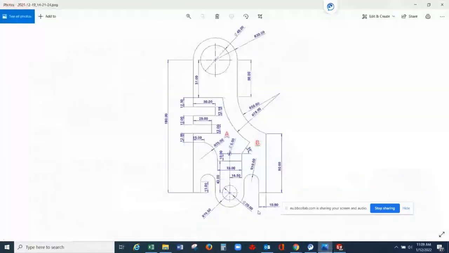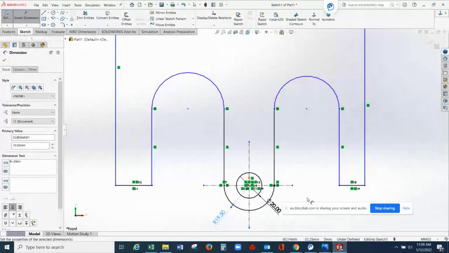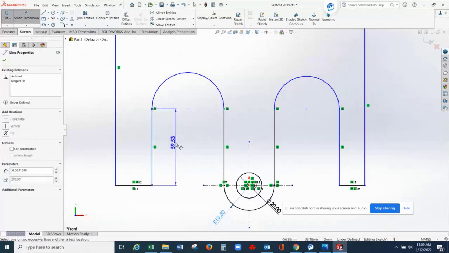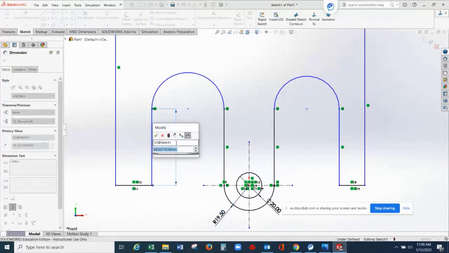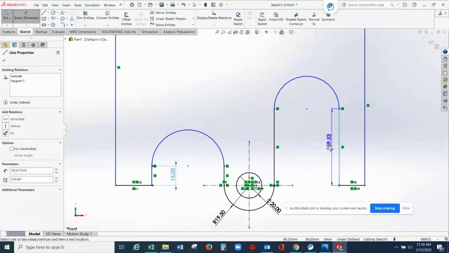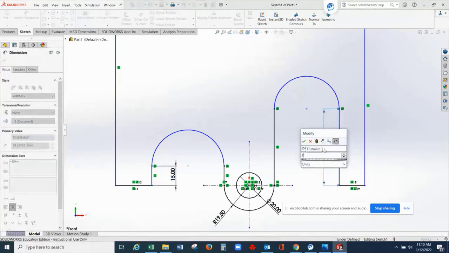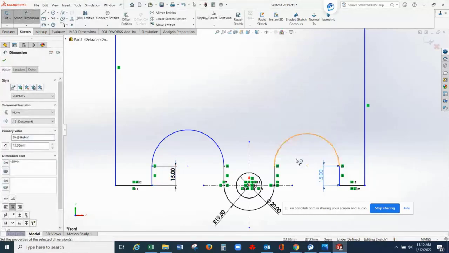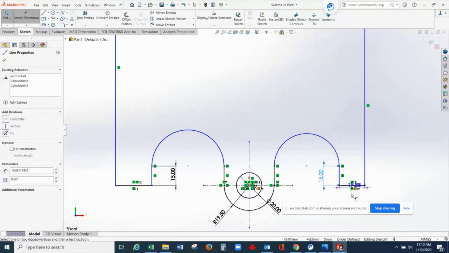Similar to the given here. So you have 20, 19.5. Then this line is 15. This line is 15. This line is 10.